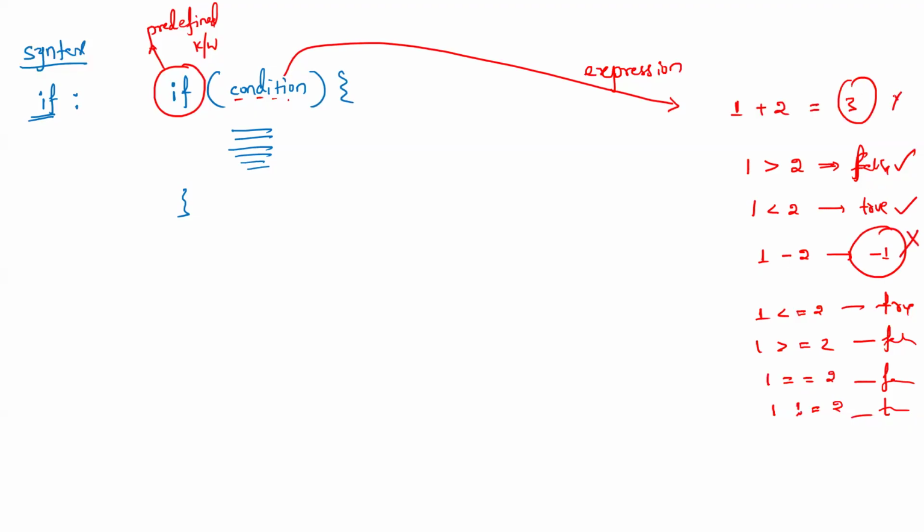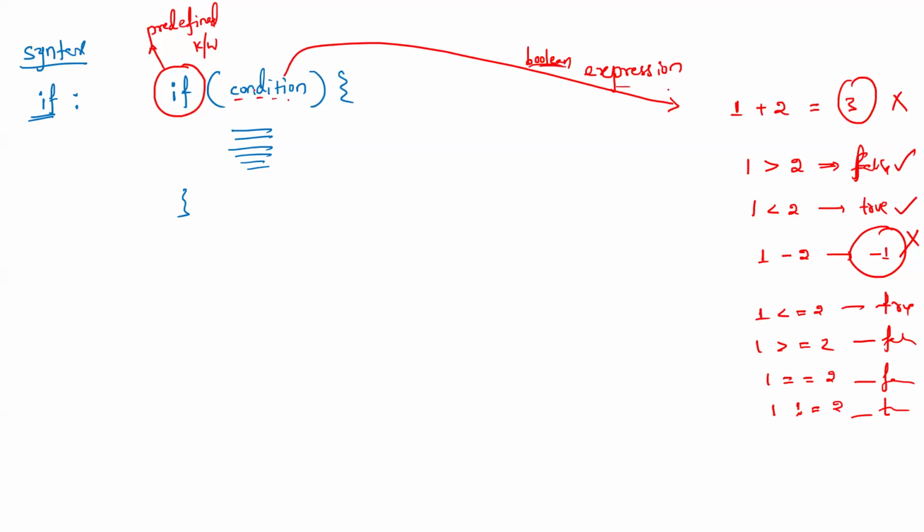Only such type of expressions are allowed in place of this condition, simply because true or false is a Boolean kind of data, so we can say simply a Boolean expression we have to write in place of condition. So directly or indirectly, the end result has to be true or false. We may write directly true, or we may write some expression which gives result as true or false. So anything is allowed. So that is a conditions part where Boolean expression has to be.